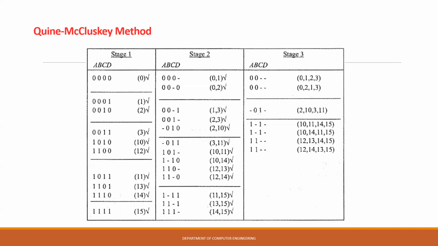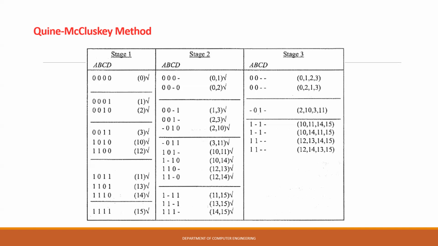And these min-term groups are given here. In the second group we get the group of min-terms as 2, 10, 3, 11. The third group min-terms are 10, 11, 14, 15, 10, 14, 11, 15, 12, 13, 14, 15, 12, 14, 13, 15. As in stage 3, in first group,